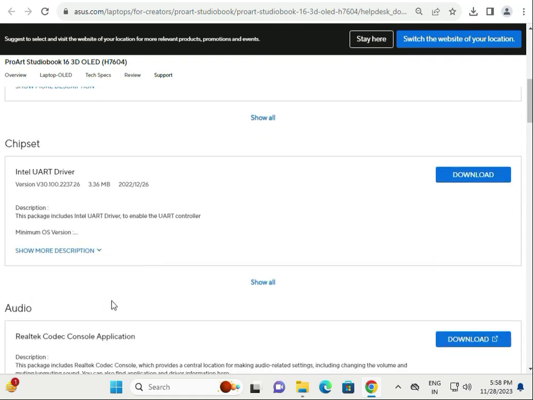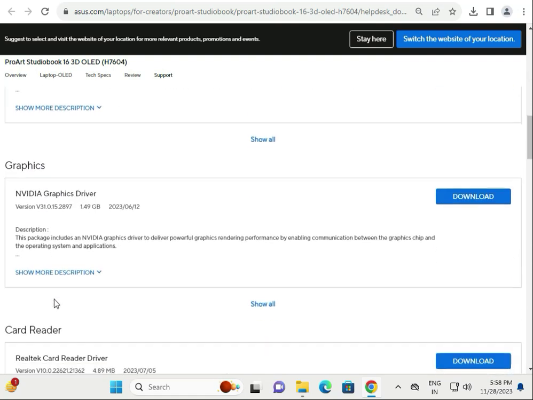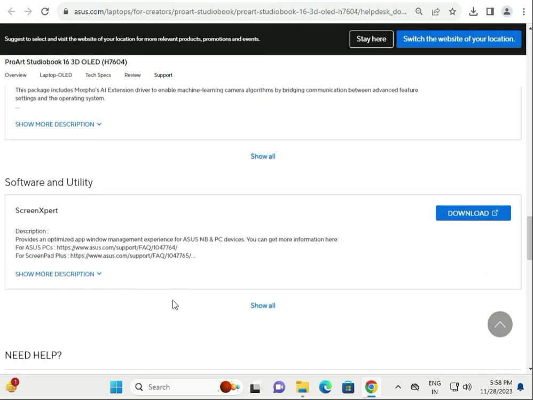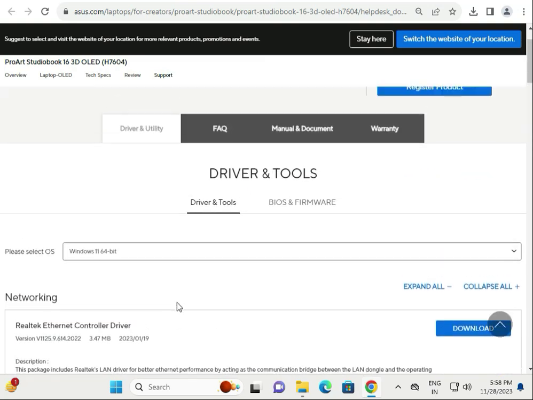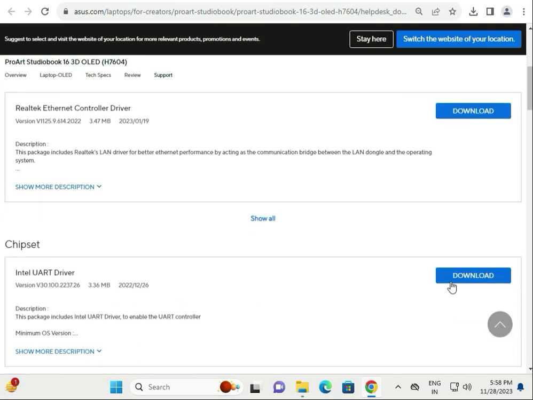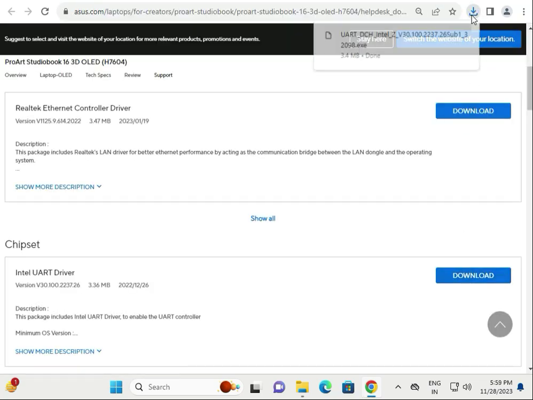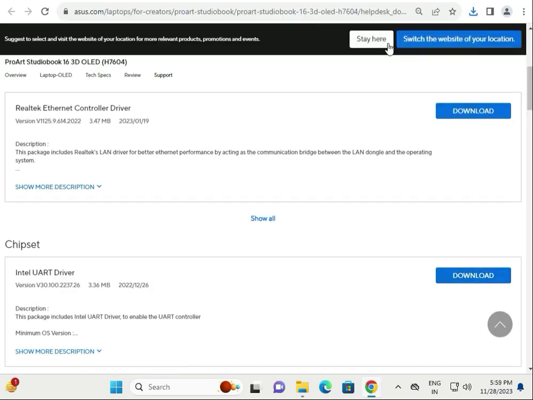This is chipset, audio, graphics, card reader, printing, Bluetooth, and all drivers are available separately if you have only one installed. Suppose I give you an example with chipset. Select and click to download, it starts automatically, then simply click to open,